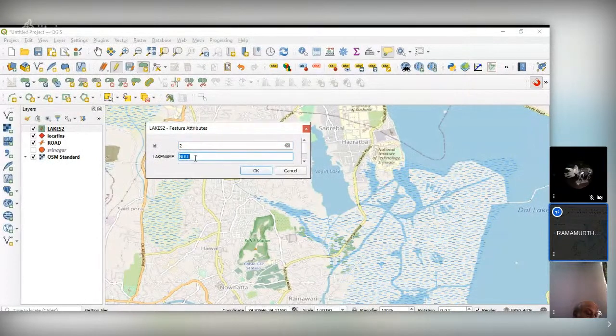This is 2. This is Noggin Lake. And say OK.